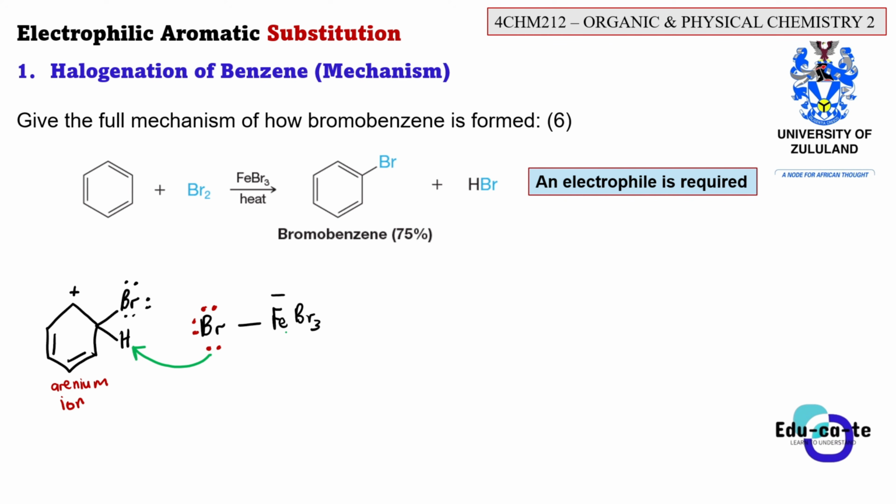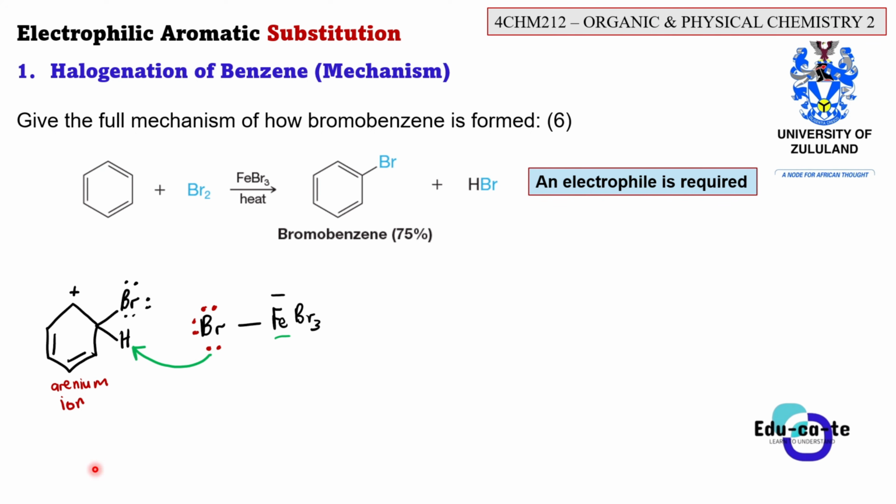Also remember that this Fe that we have here is negatively charged. But now, what will happen? The moment this bromine uses its lone pair of electrons to abstract this hydrogen proton, remember that this hydrogen is already bonded to this carbon, and each and every bond has 2 electrons. I repeat this a million times, chemistry students. Each and every bond has 2 electrons. So the moment this bromine donates a pair of electrons to abstract this hydrogen proton, the bond between this hydrogen and carbon will break.